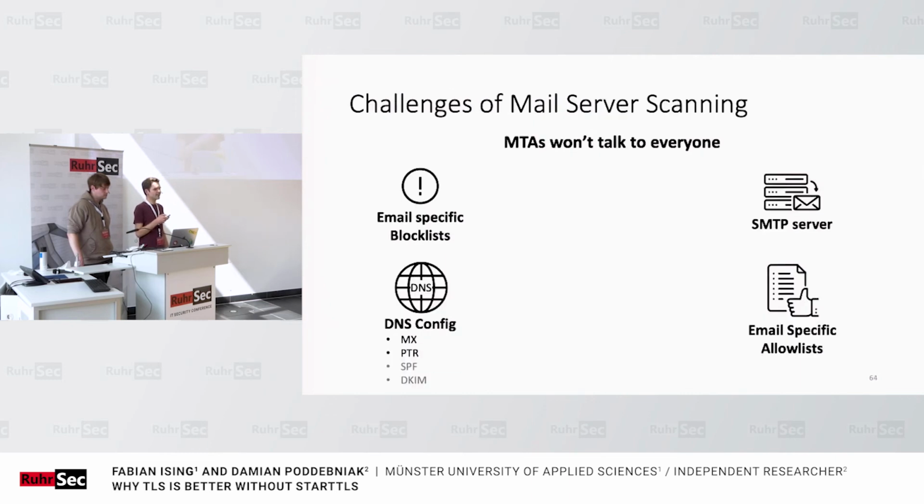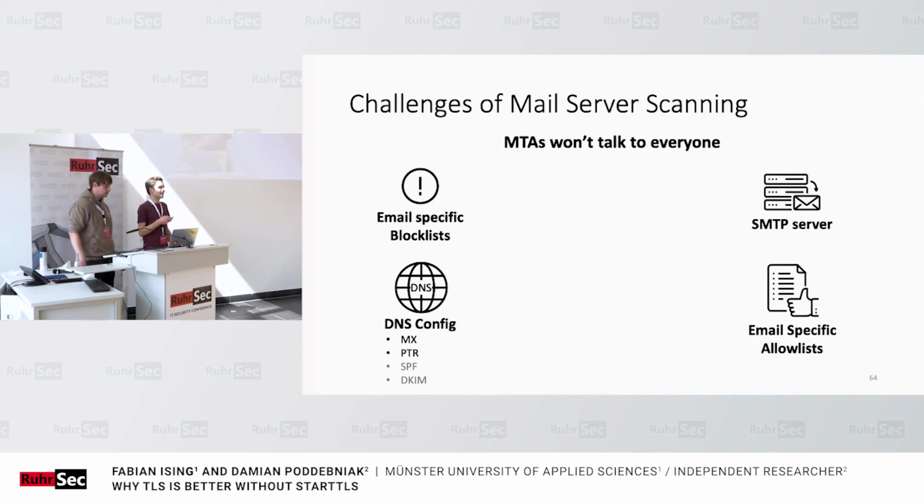However, we realized that this just does not cut it for email scanning. Due to spam problems, mail transfer agents especially will not talk to everyone. There are mail-specific block lists that are hard to get out of. Therefore, we need an untainted IP for scanning. Our normal IP address we used for scanning was basically on all the email block lists that you could imagine, and there really was nobody who wanted to get us off that. So we decided to take a new IP address first.